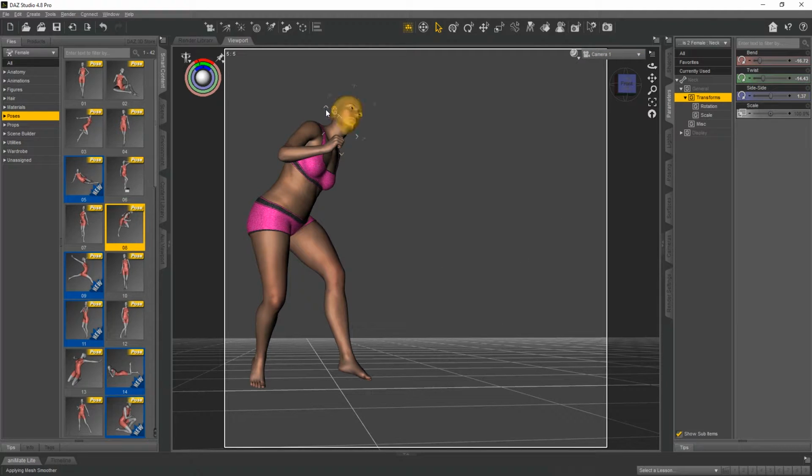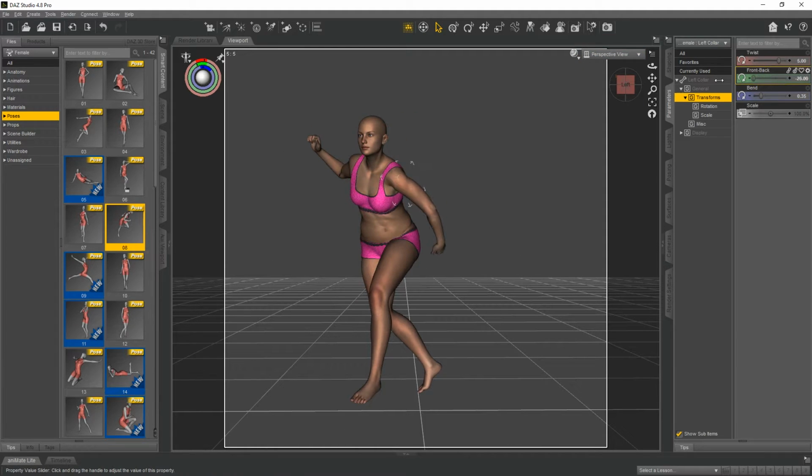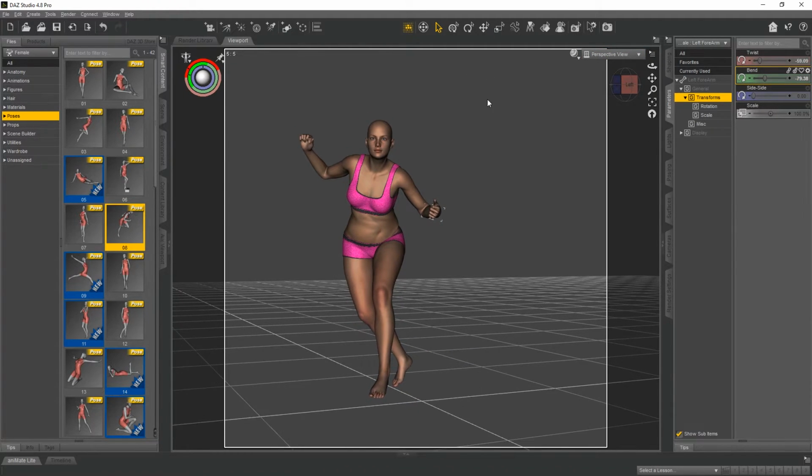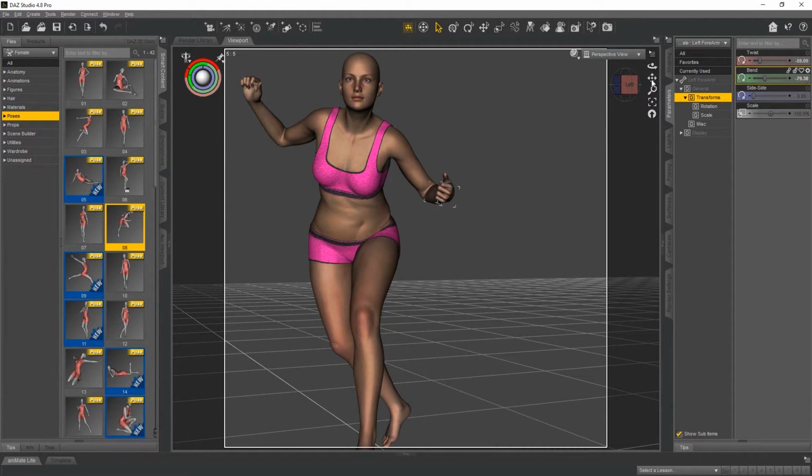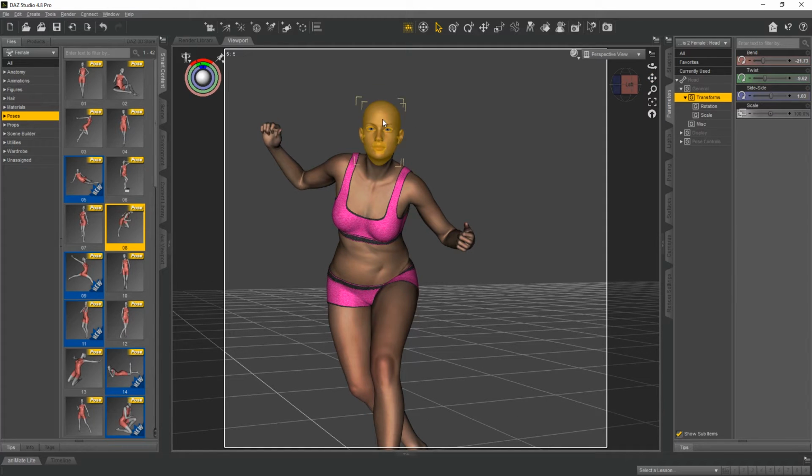Then he's going to be back here, so she's going to be looking at him. I kind of just want to get her in a very generalized pose before I put any other figures in. So let's give her a facial expression. She's kind of angry and scared at the same time. So I'm going to click on her head, go to the head setting,